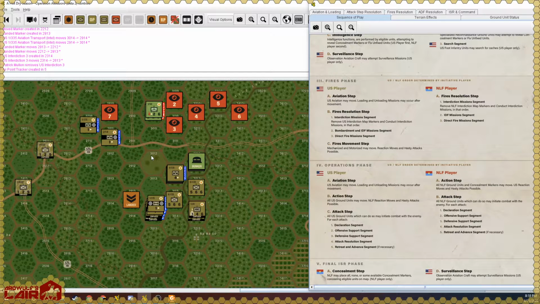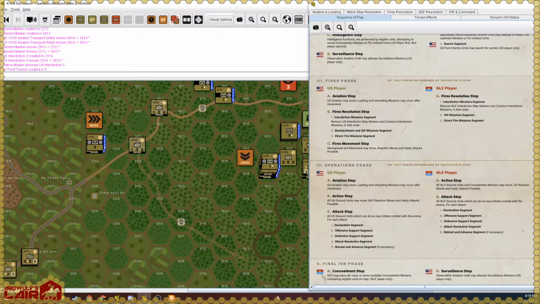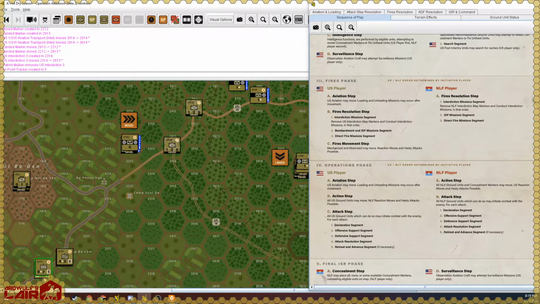So what we then do is we look at the fire's resolution step and we say, do you want to do any bombardment IDF mission? So the only IDF you have in range that can do anything right now, because you moved both your RDF, is that HHC company with the three mortars. And you've also got those guys way out on the road, but don't forget, they have a range of 12. Oh, let's look at that. 1, 2, 3, 4, 5, 6, 7, 8, 9, 10, 11, 12. 12 is not quite enough to get me to that bunker location. Okay. So then the question is...